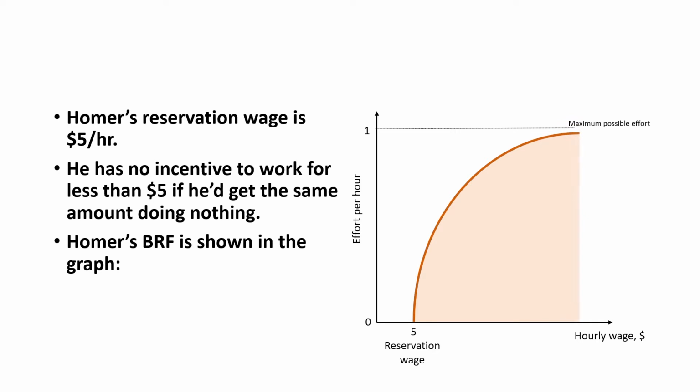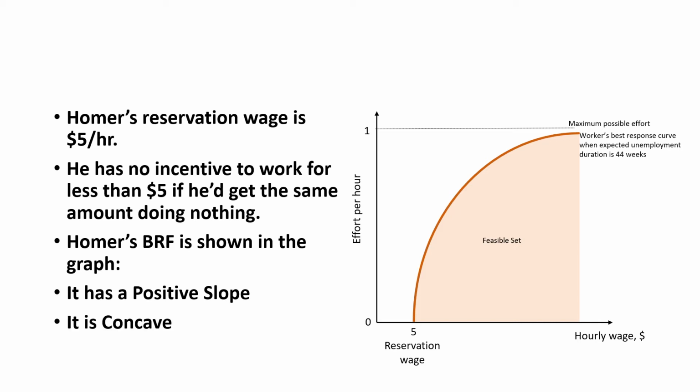where the graph would be the worker's best response function when expected unemployment duration is 44 weeks, and the area under the graph would be the feasible set. There are two characteristics that we can note from this graph, and the first is that the worker's best response function has a positive slope because the worker will always put in more effort if he's paid a higher wage, and the second characteristic is that it's concave because as his wages increase, each additional dollar has a smaller impact